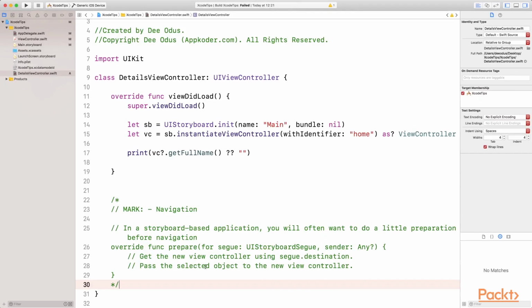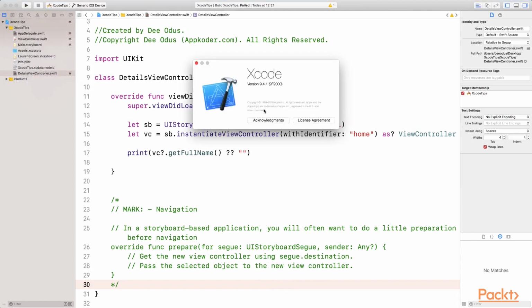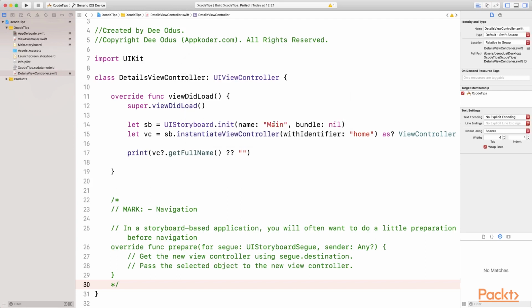This is the Xcode 9 version. We can confirm this by going to the Xcode menu at the top here and then selecting About Xcode. You can see that we are using the Xcode 9.4.1 version. So let me close this window. The reason why I'm showing you the Xcode 9 version is for you to better understand what the editor overscroll is. If you look at the bottom of the screen here, if I want to write more code at the